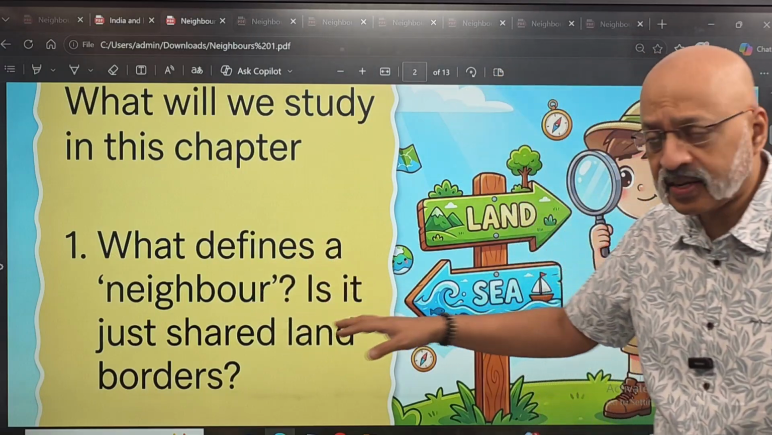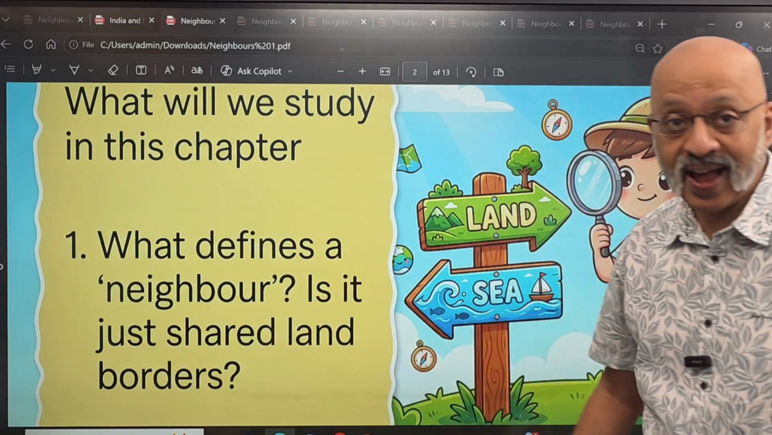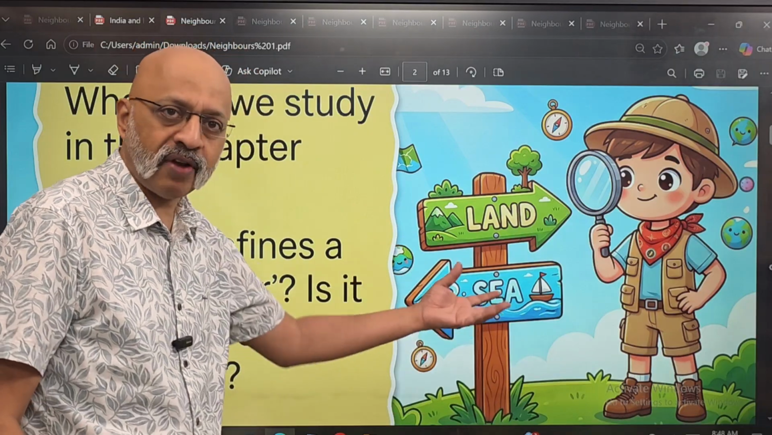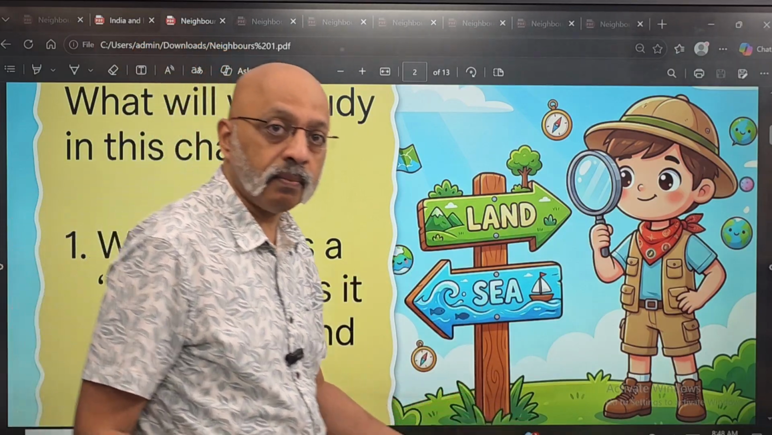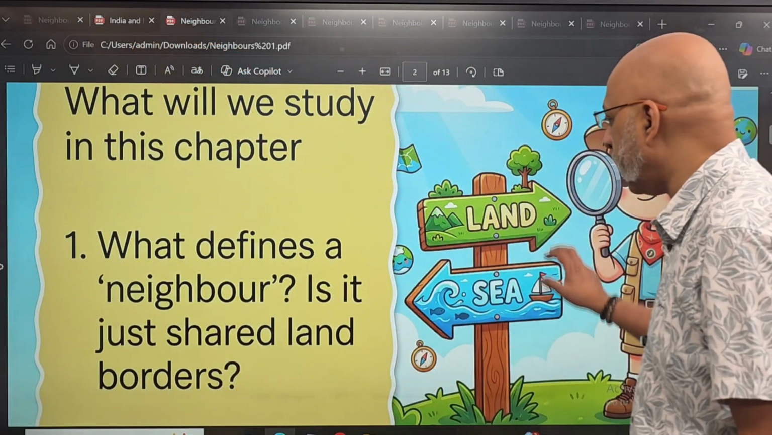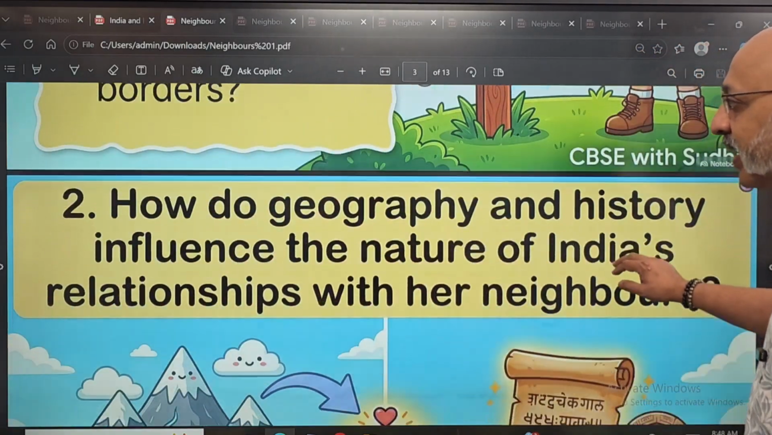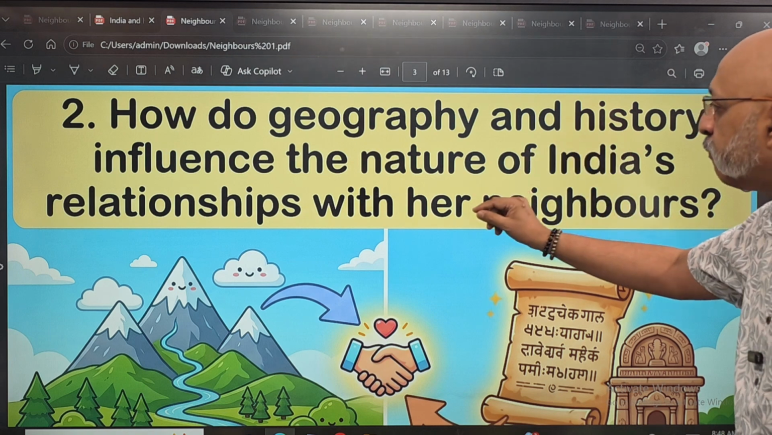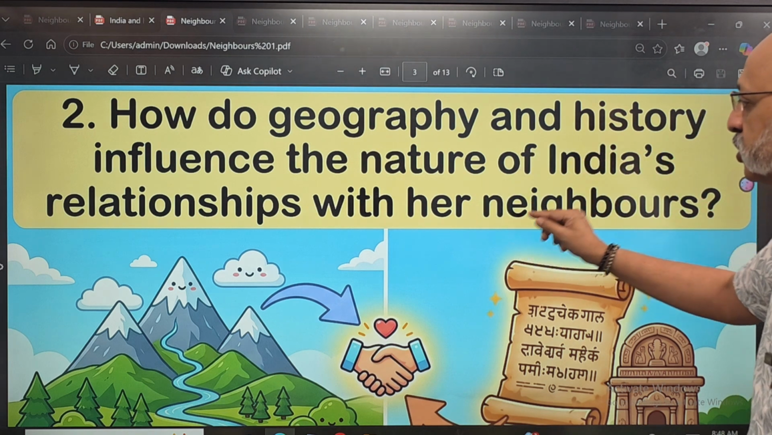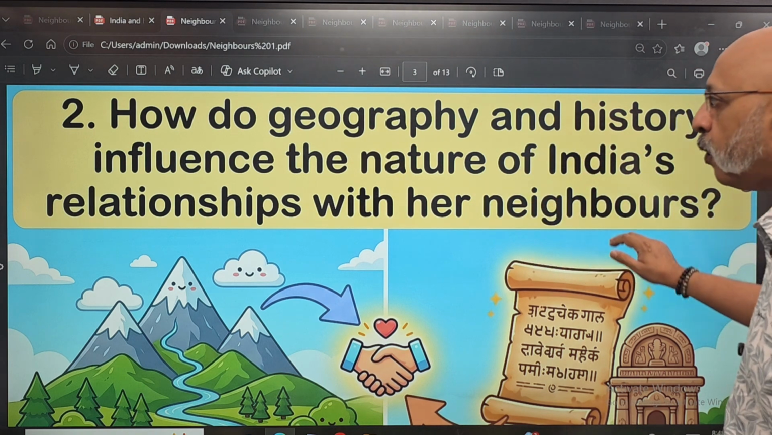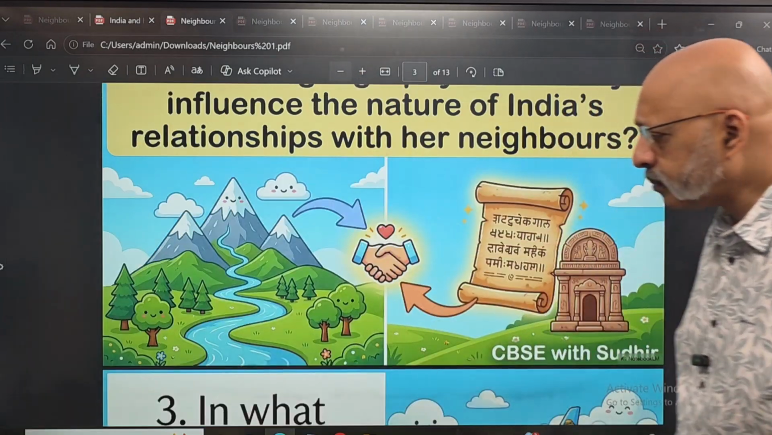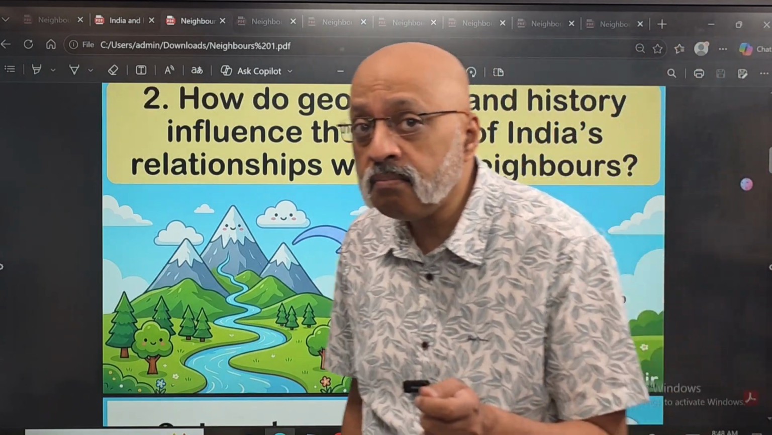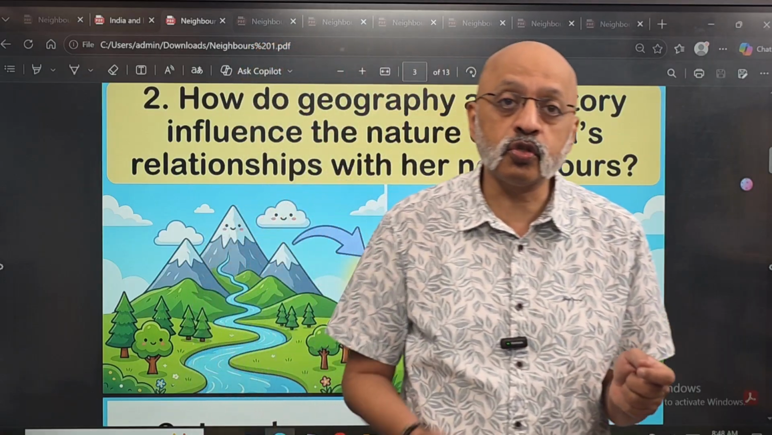So, what defines a neighbor? Is it just shared land borders? Is it just because you are sharing a particular piece of land or the sea that you become a neighbor? That's what we will define in this particular chapter. The second question that will be raised is how do geography and history influence the nature of India's relationships with her neighbors? Very important question, because you realize that Buddhism has been a major influence when it comes to India's